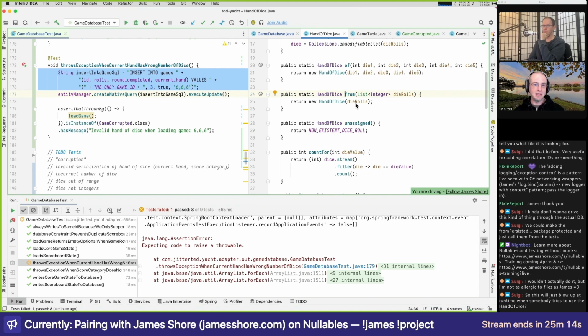And I find this really interesting because I've really ramped up how much I think about invariants and precondition checks in my object code. And we talked about this a bit before, that's really the fail fast: fail early, fail somewhere, and make it obvious that, oh, this is not even a legal hand of dice.